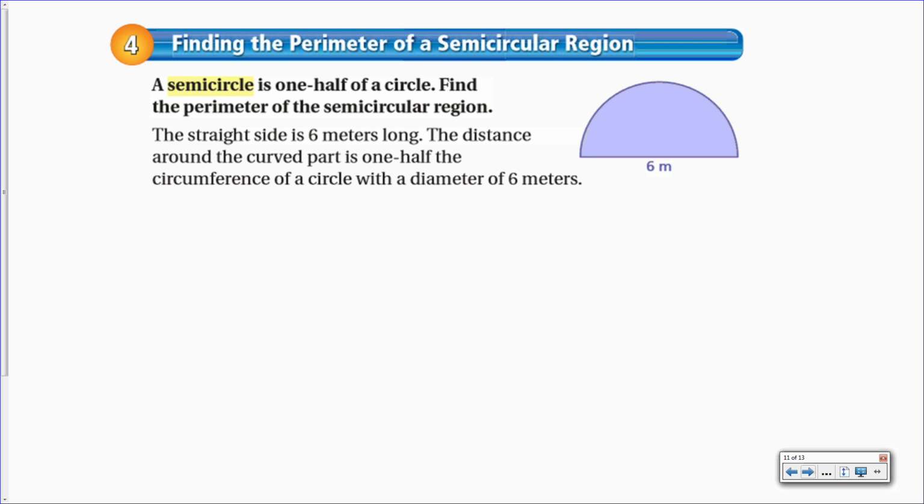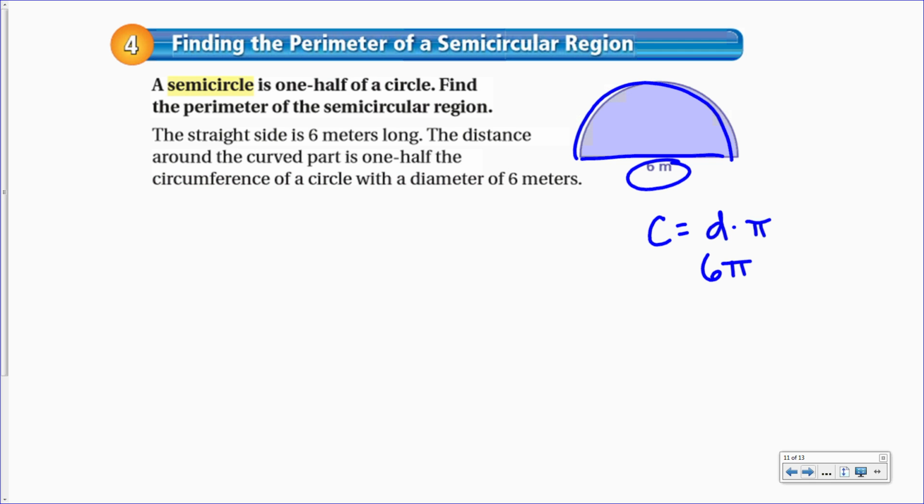So the thing is you have to remember that not only do you have half of a circle, you also have to include the diameter in it. So it says the straight side of it is 6 meters long, and the distance around the curve is half the circumference. So circumference equals diameter times pi. So your circumference is going to be 6 pi. My diameter is 6. And we can use 3.14 for our pi. So 3.14 times 6 is going to give us